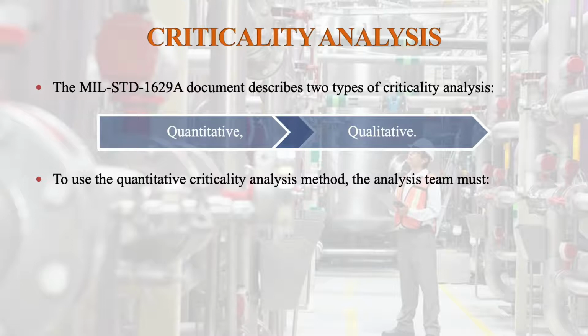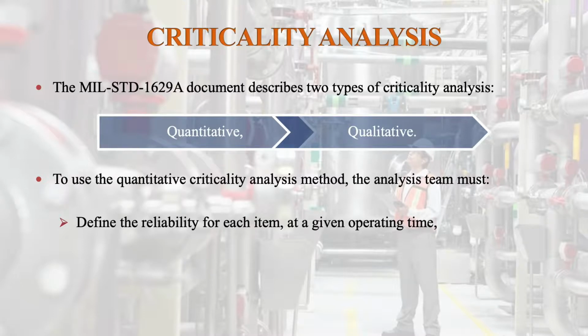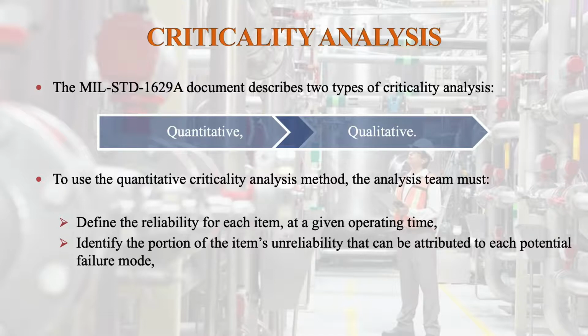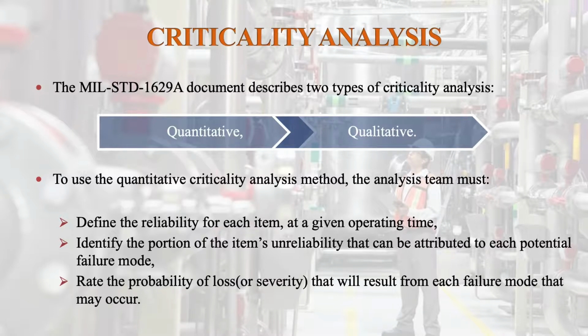To use the quantitative criticality analysis method, the analysis team must define the reliability for each item at a given operating time, identify the portion of the item's unreliability that can be attributed to each potential failure mode, rate the probability of loss that will result from each failure mode that may occur, and